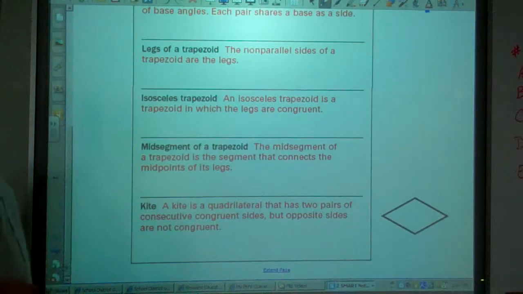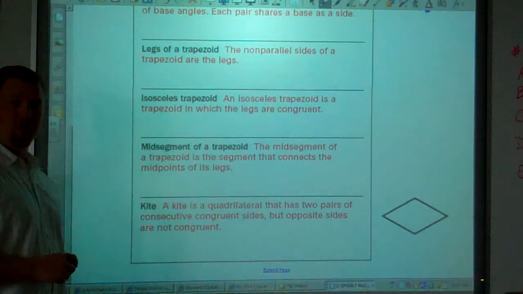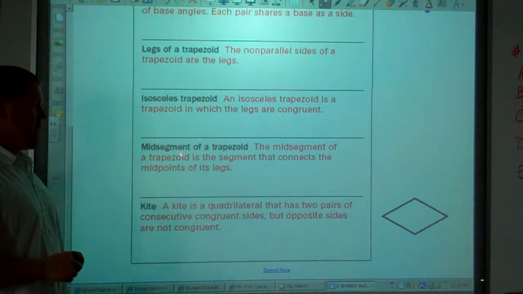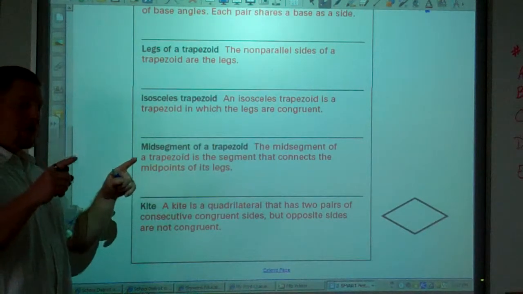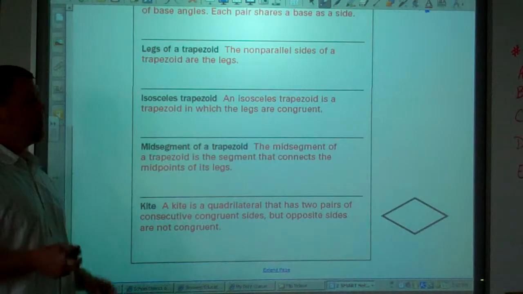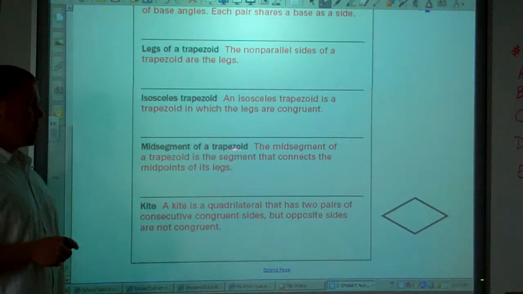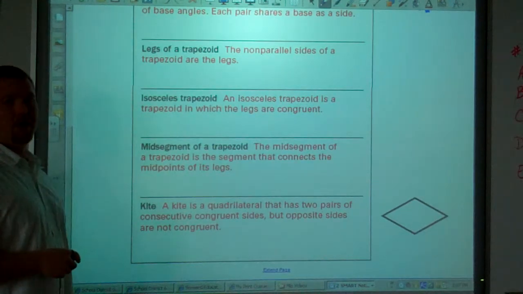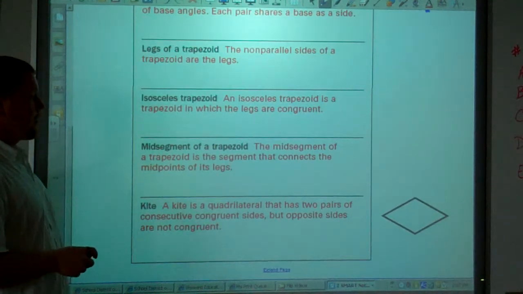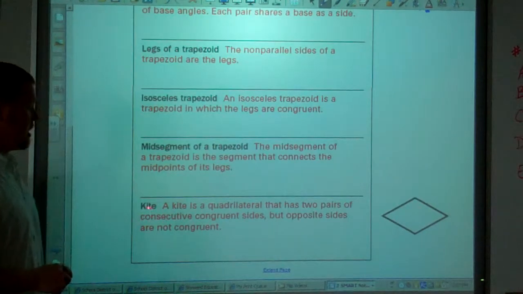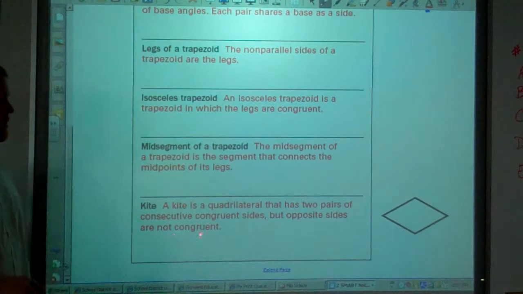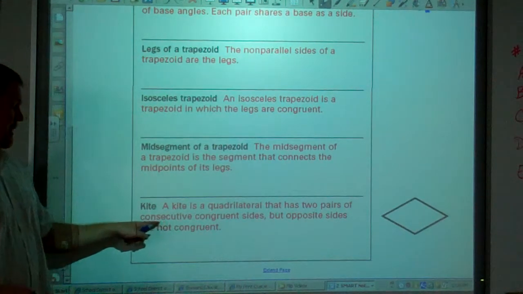Now midsegment, we've seen that term before. If you remember back to a triangle, a midsegment connected the midpoints of two sides of the triangle. A midsegment still connects the midpoints. If we're talking about the midsegment of a trapezoid, it connects the midpoints of the legs. And lastly, a kite is a quadrilateral that has two pairs of consecutive,